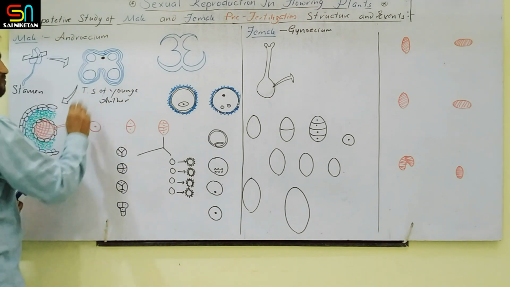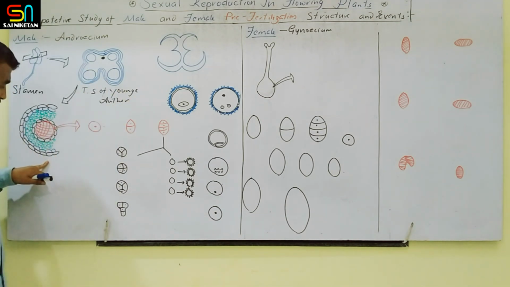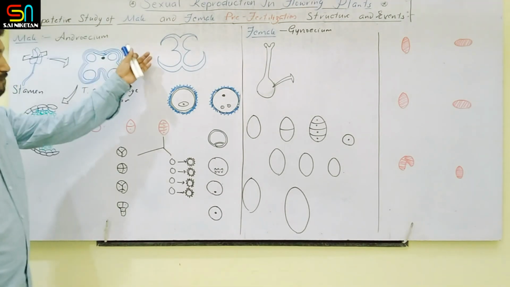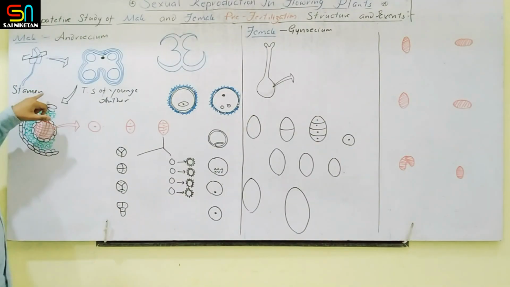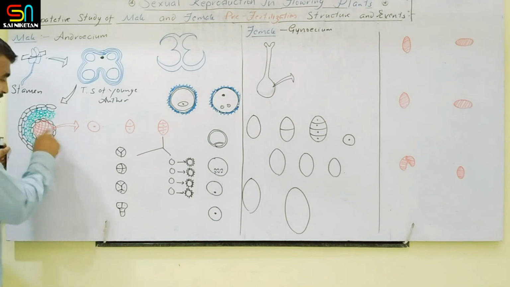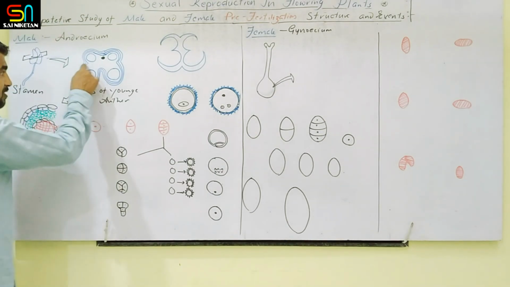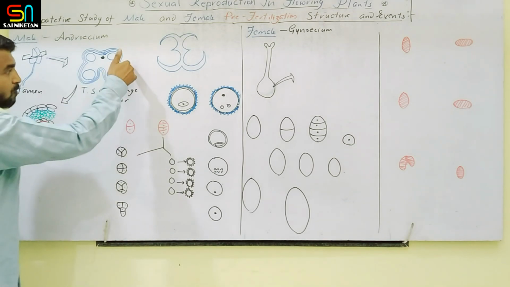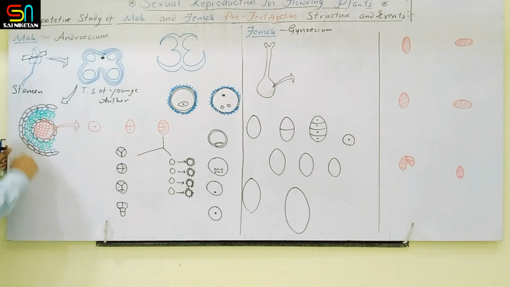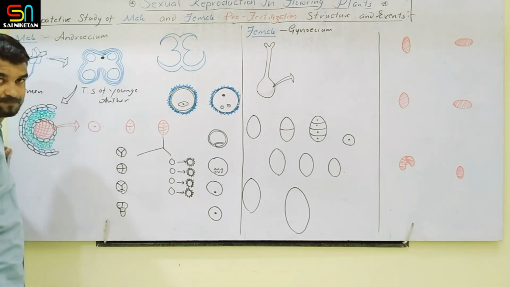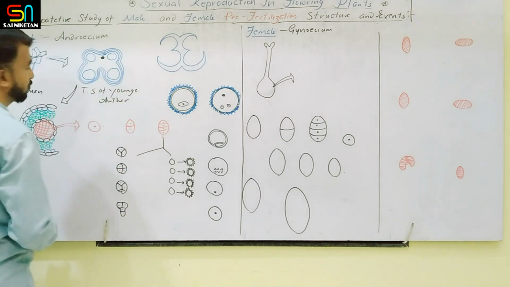To study this, one more figure is given in the textbook. That is the enlarged view of the microsporangium. So when you take the pre-fertilization structure of the male part, the first heading is the stamen, the second is the microsporangium. Clear? When you want to study this microsporangium structure, it is nothing but any one lobe of this anther itself. When you move from outside to inside in this figure, 4 layers are there, and inside that the microsporangium is there. So just try to recollect this.